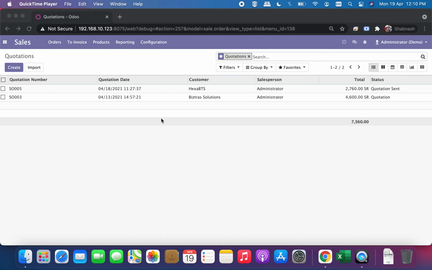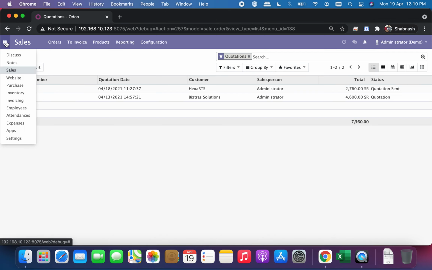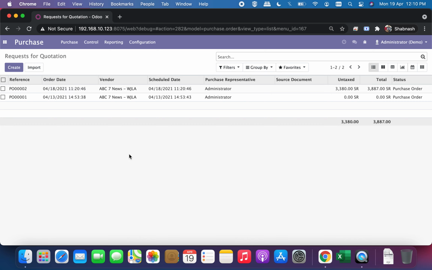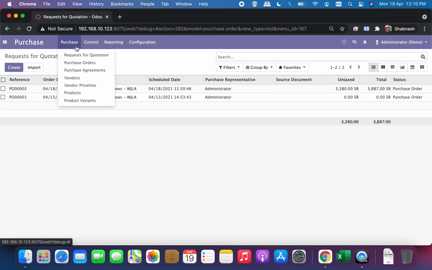This session, we will be discussing the purchase module. We have covered the sales module, so we'll be getting straight into the purchase module. The operation in the purchase works exactly similar to the sales. You would have the list of vendors here.